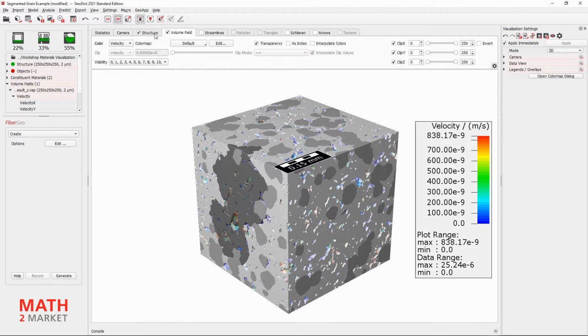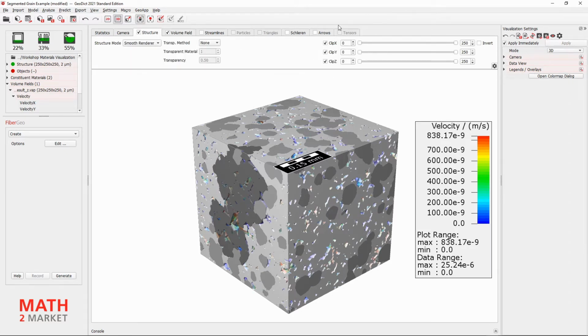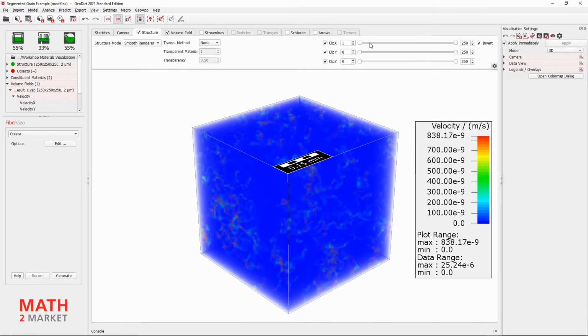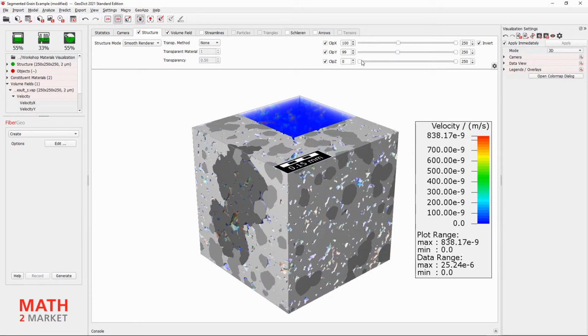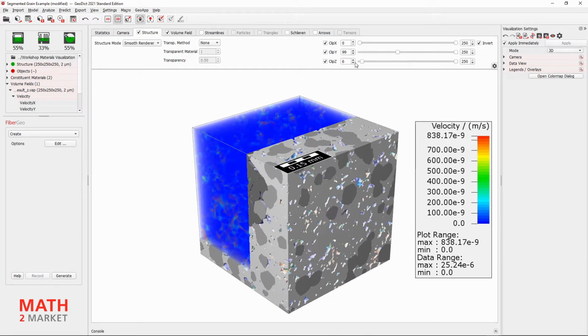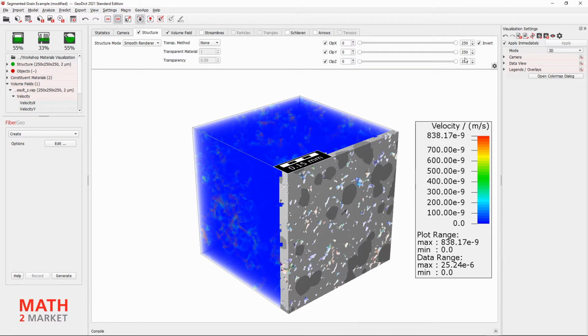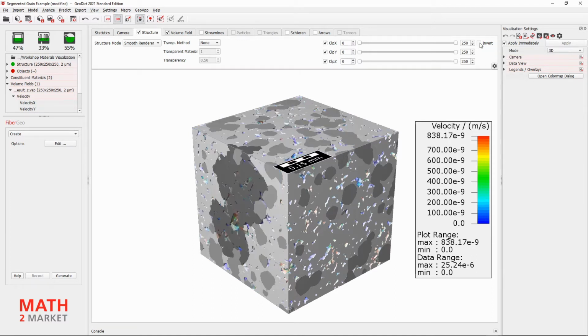We open the Structure tab and have a look at the clipping section over here. The clipping controls the visibility of the component in the visualization area. Each axis, X, Y, and Z, has a start and end value that determines the visibility in positive and negative direction along the axis. The clipping can also be inverted here. This can be used to create all kinds of nice effects. In our case, we want to clip our microstructure along the Y-axis.